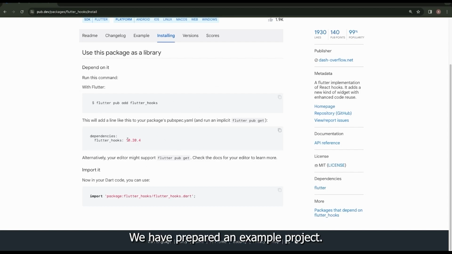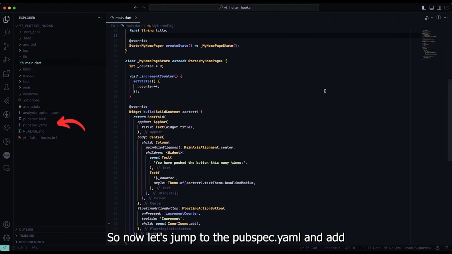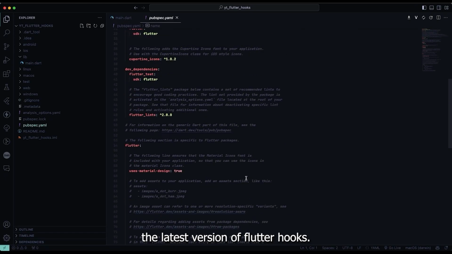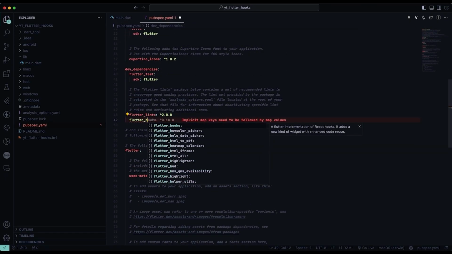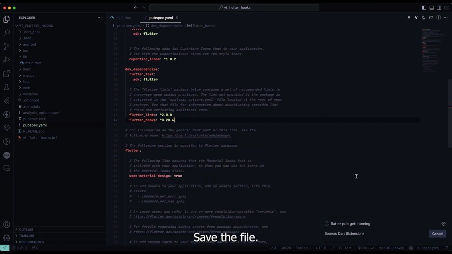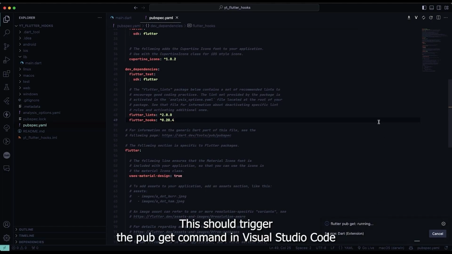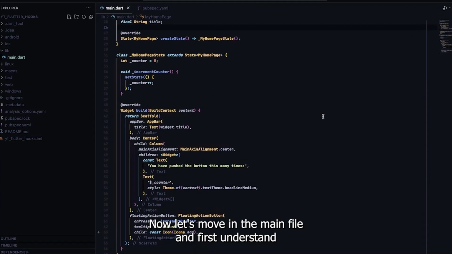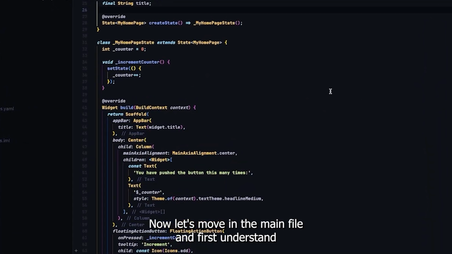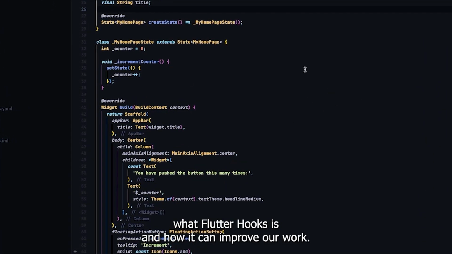We have prepared an example project, so now let's jump to the pubspec.yaml and add the latest version of Flutter Hooks. Save the file. This should trigger the pub get command in Visual Studio Code. Now let's move to the main file and first understand what Flutter Hooks is and how it can improve our